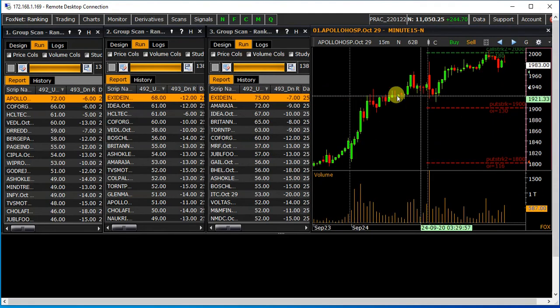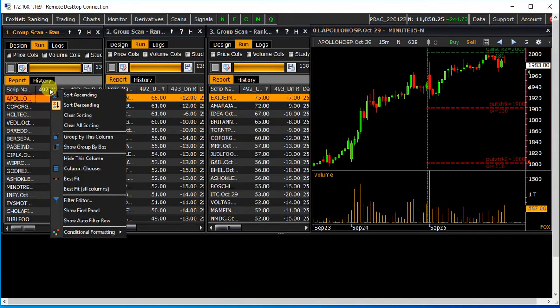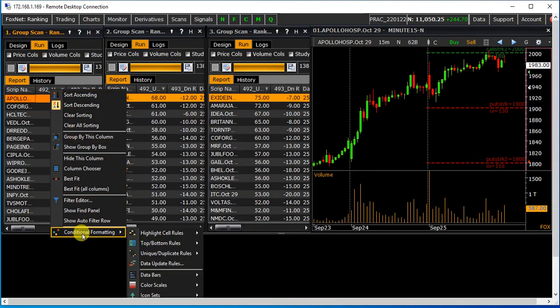In addition to this, if you want to see a heat map of the ranking, up ranking and down ranking, for that purpose just right click on the column name of the ranking, then move to conditional formatting and then choose color scale and the type of color you want.